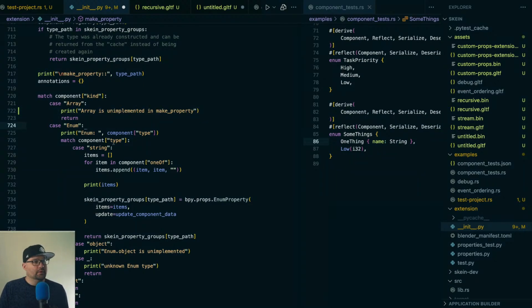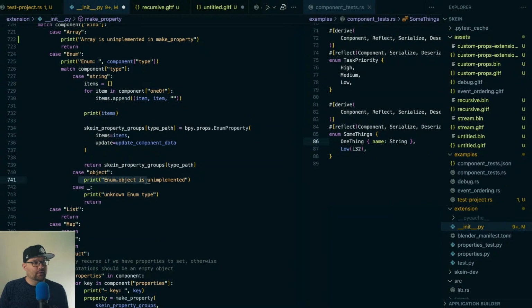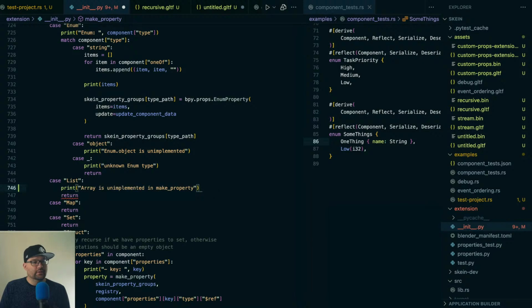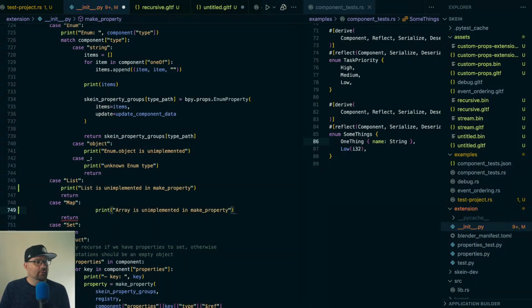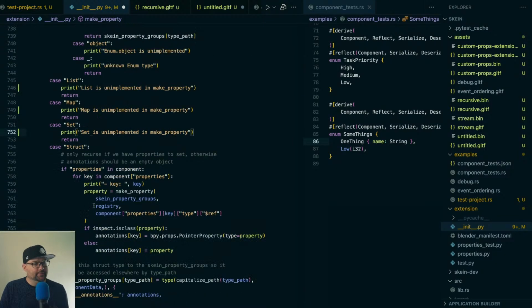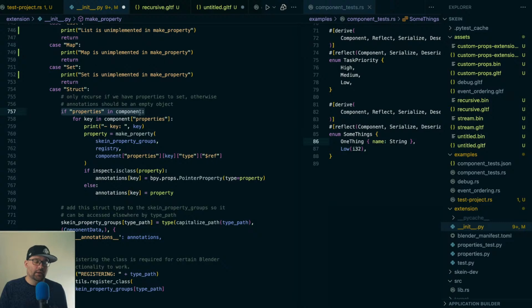Cool. Enum, print enum. We don't have an enum currently. This is printing, that's printing. This is a list. This is a map. I don't know that we'll need map and set. We'll see. So we've got struct, if properties, then we have